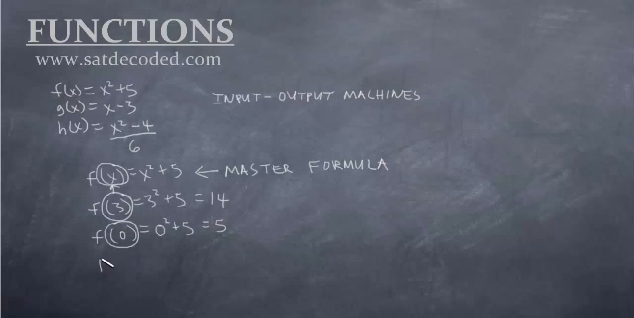Let's try a little trickier one. Let's say they want us to evaluate f of negative 2. So what is the input now? Well, again, it's still the same idea: whatever is inside the parentheses is our input. So our input here is negative 2, and we just replace our x with our negative 2. So f of negative 2 equals negative 2 squared plus 5, right? But be careful here. If I just write it like this, negative 2 squared plus 5, that's actually wrong,